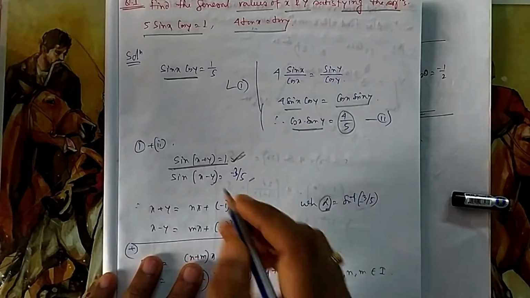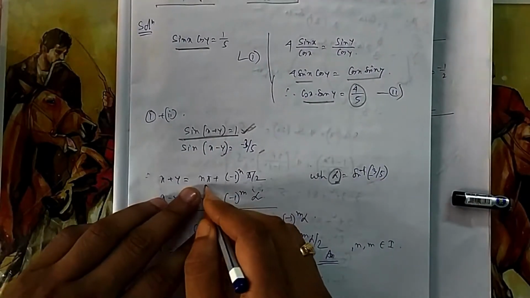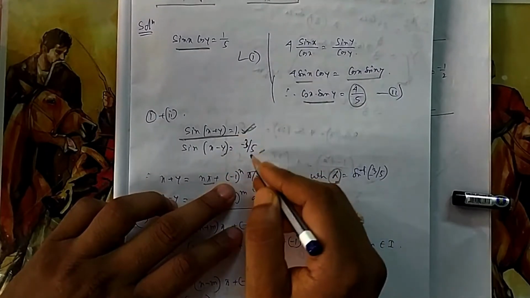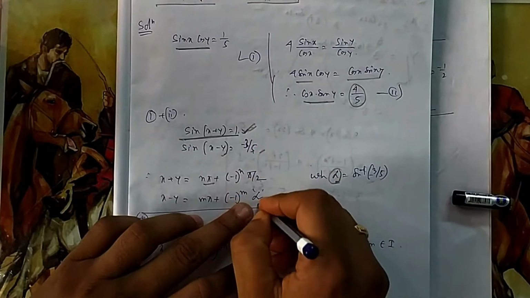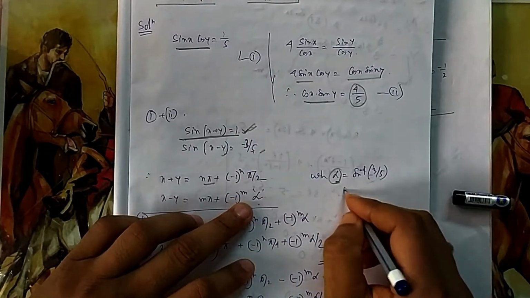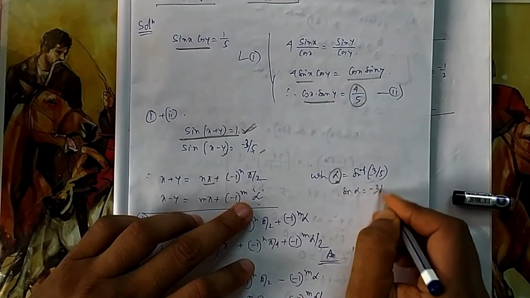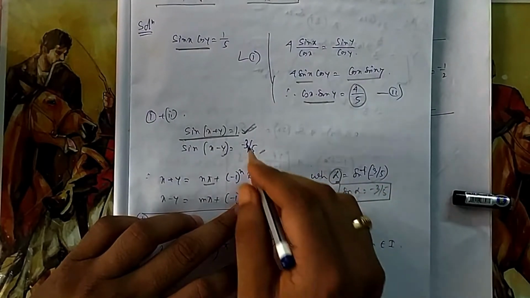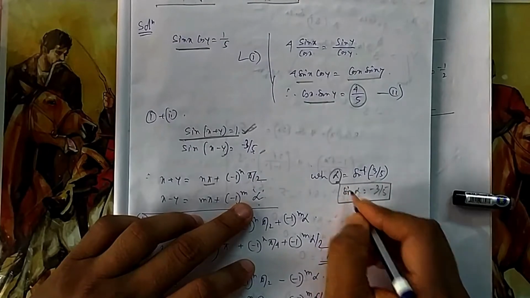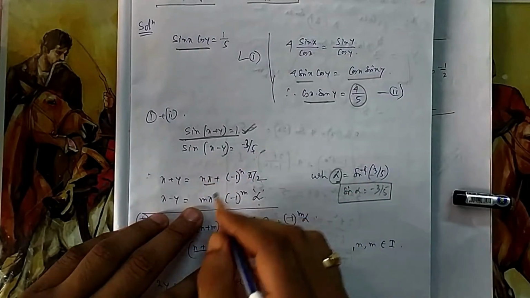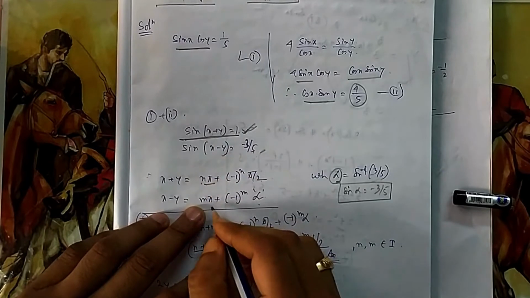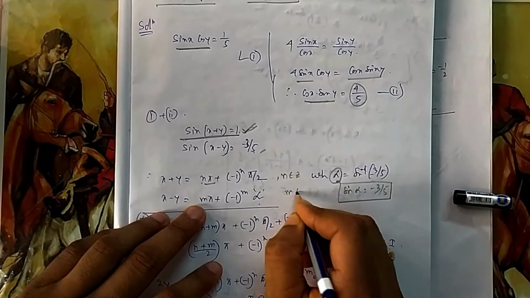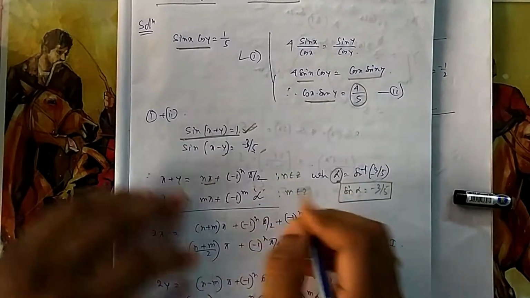Okay. So what is your x plus y? What is your general solution? n pi plus minus 1 to the power n pi by 2, because here the principal value is pi by 2, and here for it let the principal value be alpha. What is alpha? Sin alpha is equal to minus 3 by 5. We don't know for what value it will be minus 3 by 5 because it is not standard, so we have assumed it sin alpha. Okay. So here, because I have already used n for this one, I have introduced a new variable m, where n is an integer, m is also an integer. Both are integers. It can take any value.